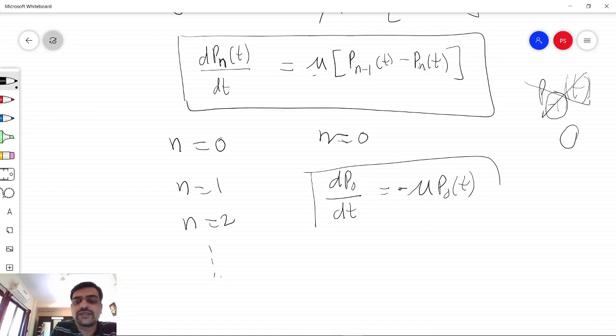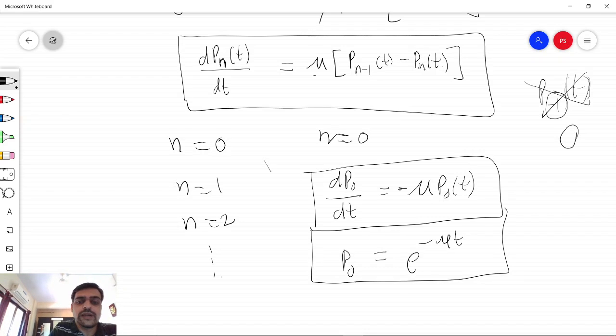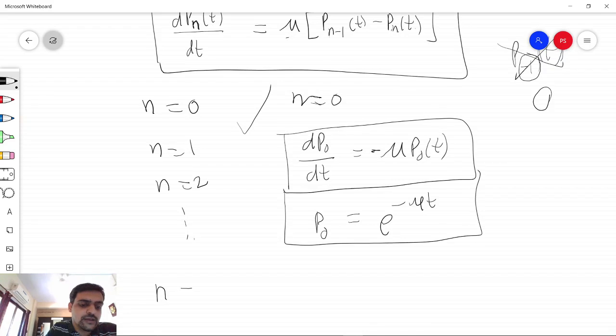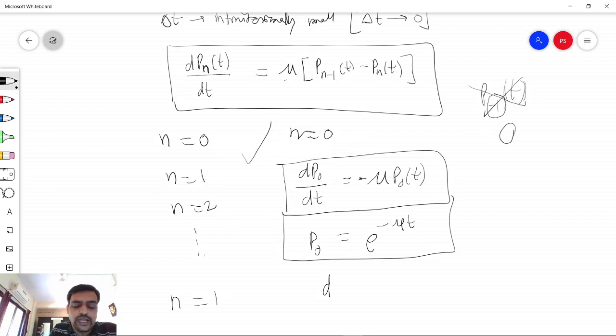This is a simple differential equation. It has a solution of this type, p0 equal to e raised to minus mu t. So the first, easier part is done for n equal to 0. Now similarly we can keep on doing this. For n equal to 1 we would have